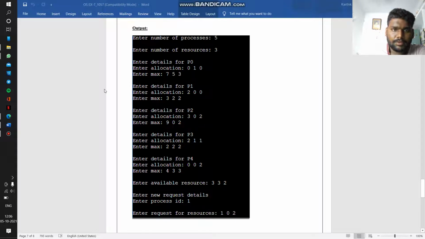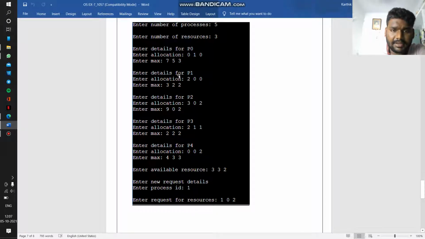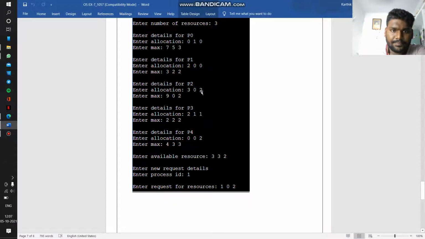Here is the output. First we enter the number of processes, 5. Next, enter the number of resources, 3. Enter details for P0: allocation 0 1 0, max 7 5 3. Enter details for P1: allocation 2 0 0, max 3 2 2.